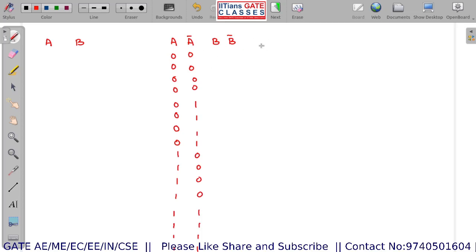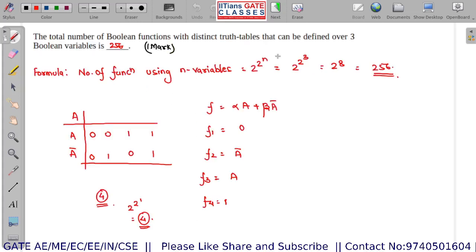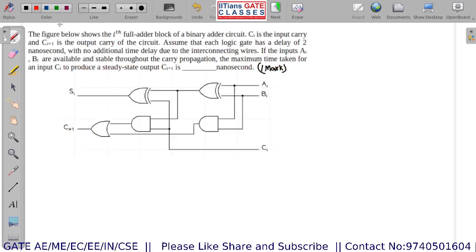Like this, you will have 16 combinations, because if you have 4 variables that can take different values, at max you will have 2 to the power 4. So how many functions can you generate using 2 variables? That will be 2 to the power 4, or you can write it as 2 to the power 2 square. Now you can see, you can make the generalized formula. Even if you don't remember the formula, just do this, and if your basics are good, you can solve any question.